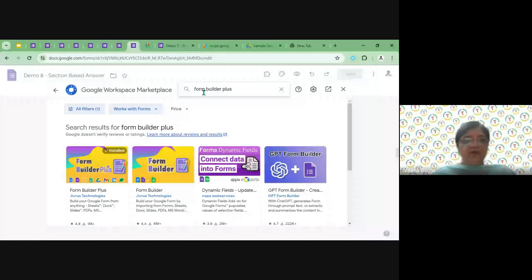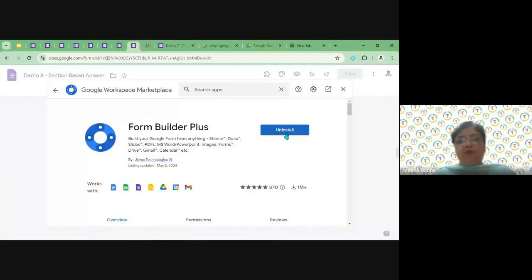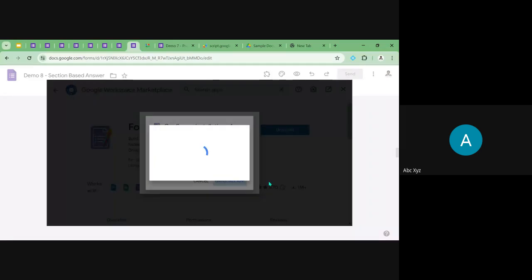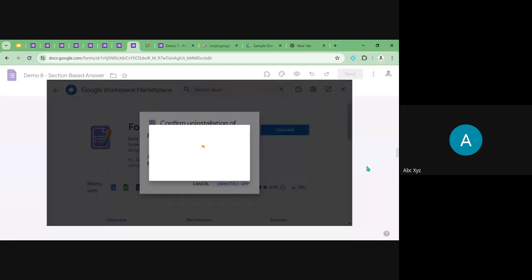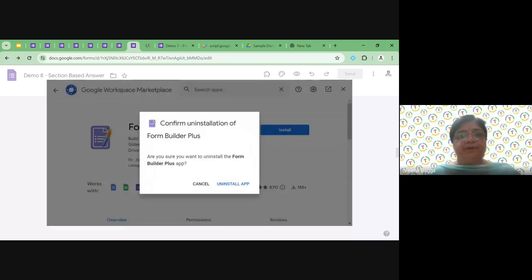You can see it is installed. When you click on this, it is showing uninstall here. Just click on it. Yeah, got it, ma'am. Thank you so much. In the same way we add, in the same way we uninstall.